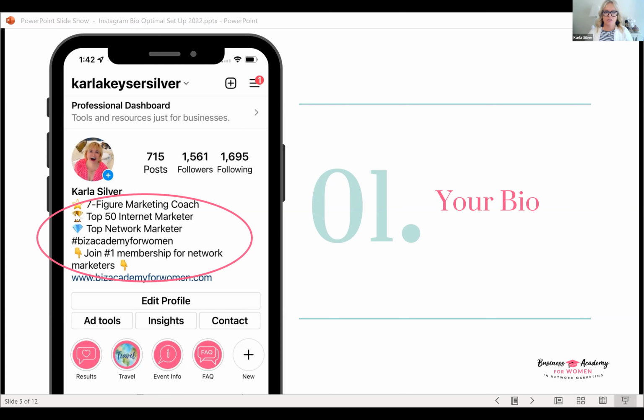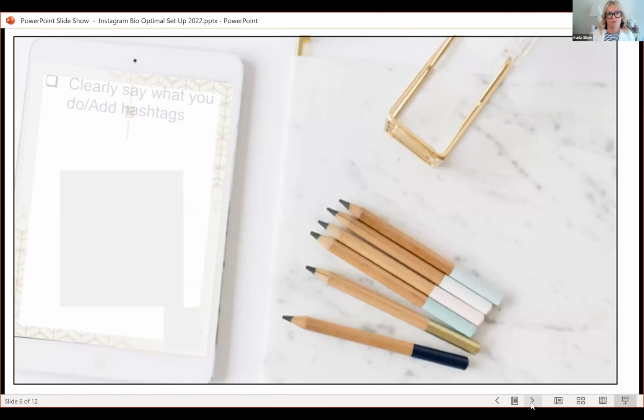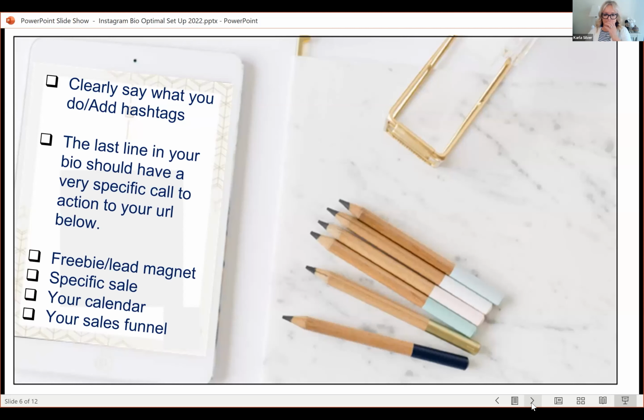So I use emojis. Again, you only have 150 characters. And also I recommend using a hashtag in there. And what do I mean by hashtag? Well, one of the things is